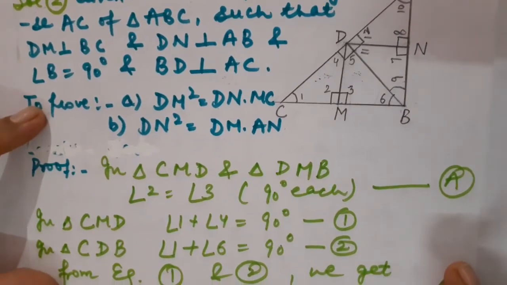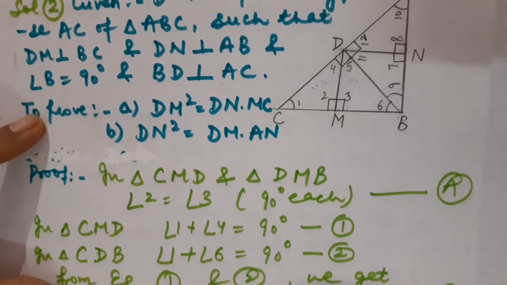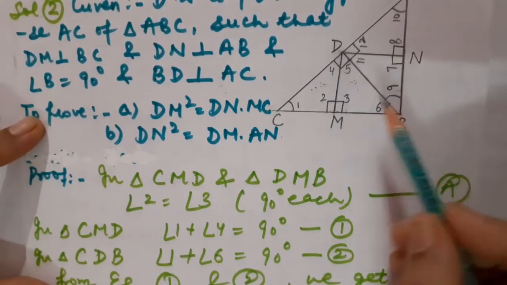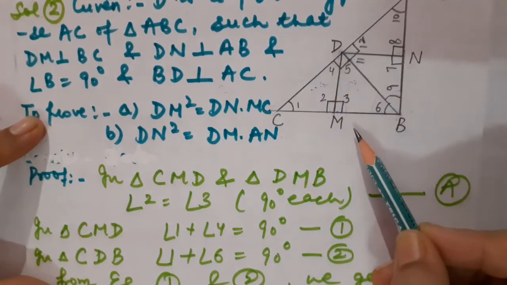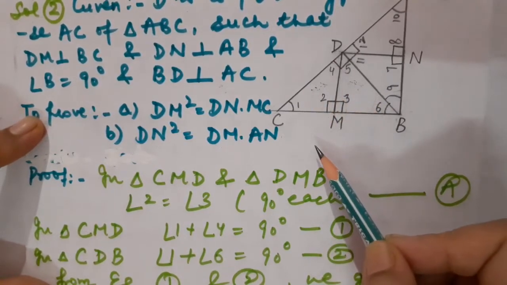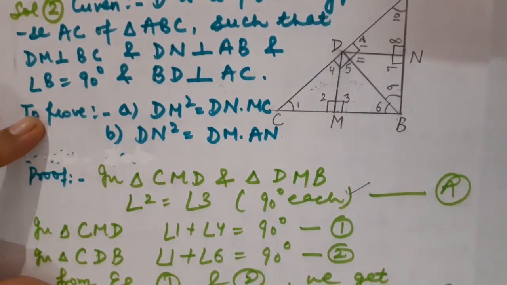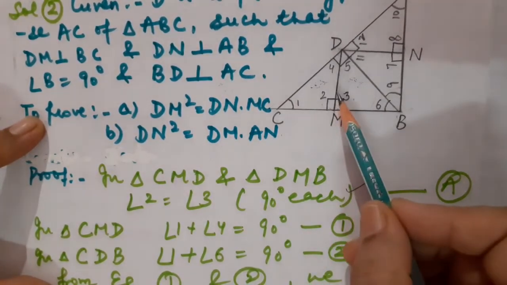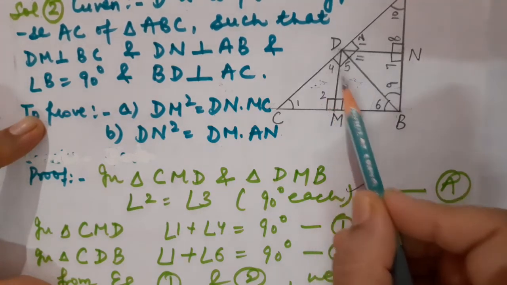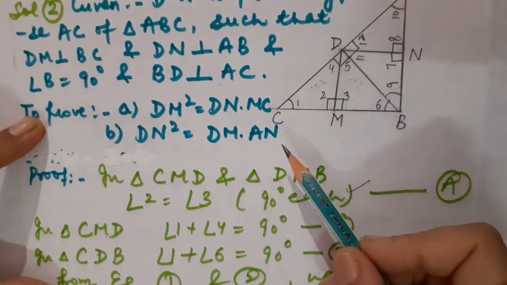We have done the same type of question earlier also. Only one important, or I should say one small concept is included in it. Fine, that's why it has become the HOTS. Please be alert. In triangle CMD and triangle DMB, these two smaller triangles I am going to take. Fine. Angle 2 is equal to angle 3. Reason you know, 90 degrees each. Fine. Now I have to prove either angle 4 is equal to angle 6 or angle 1 is equal to angle 5. So how can it be done?